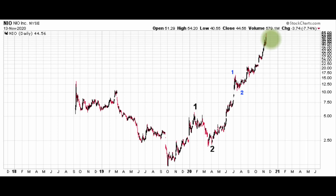Super volatile. Big up days, big down days. Definitely a ton of action on this guy, and it continues to look bullish. It looks like it's in a 3rd-wave advance. It looks like an extended move. But I'll be honest with you, when you have a move that is this extended, it's pretty difficult to find a labeling that you can be absolutely confident in, just because it never really gives you that true pullback. It just keeps going to the upside, so it makes it harder to find a close stop level to trade